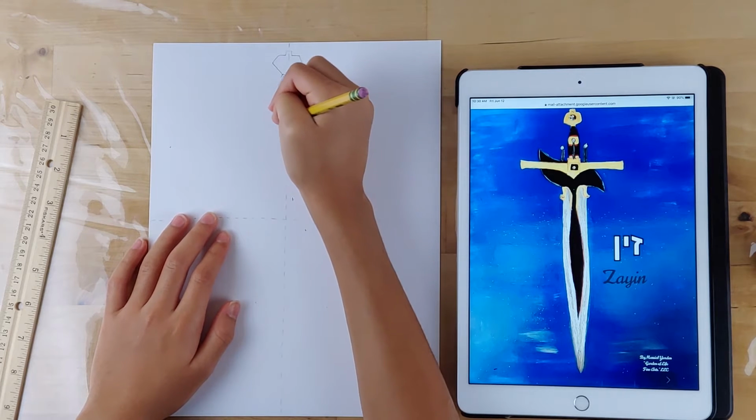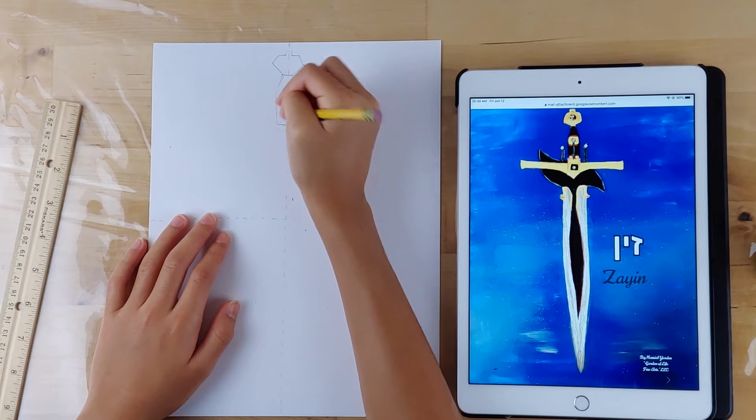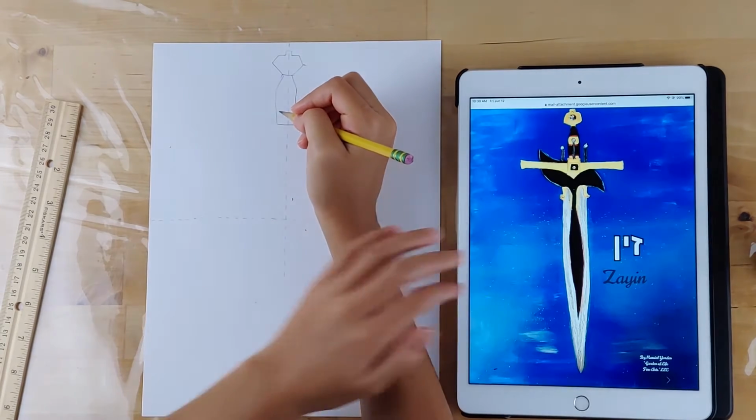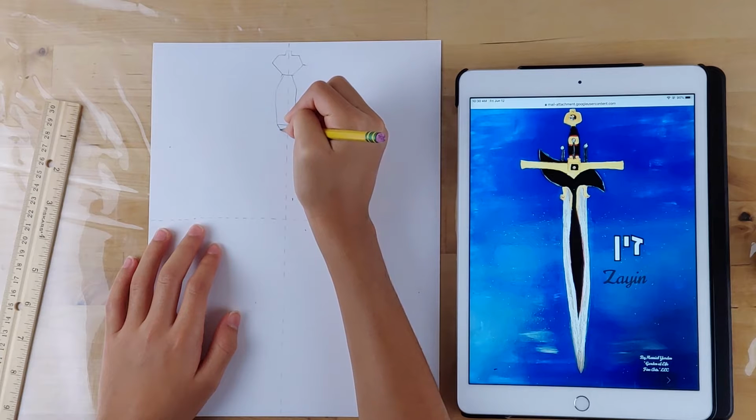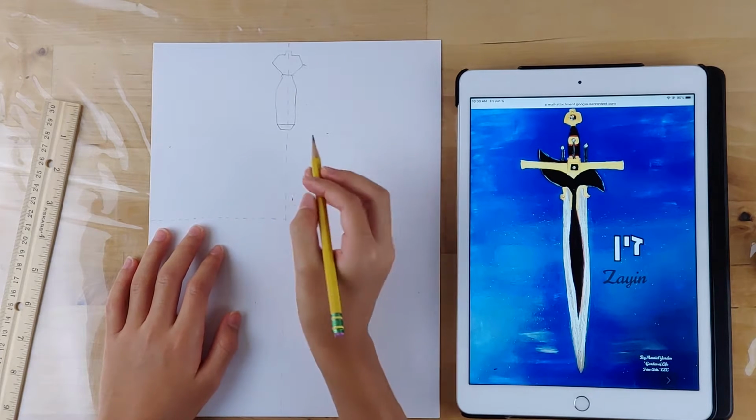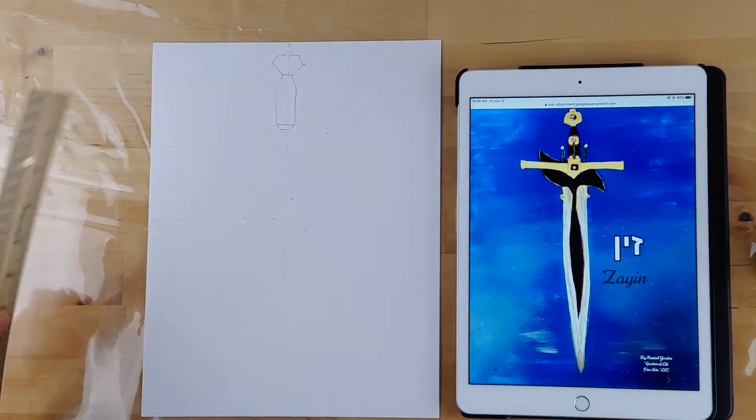Stop right about here. Then make a straight line like this. And we're going to do something like a parallelogram. I'm going to go down, straight line a little bit, then we're going to go down like that to make something like this. And from here, this is where you can use your ruler.